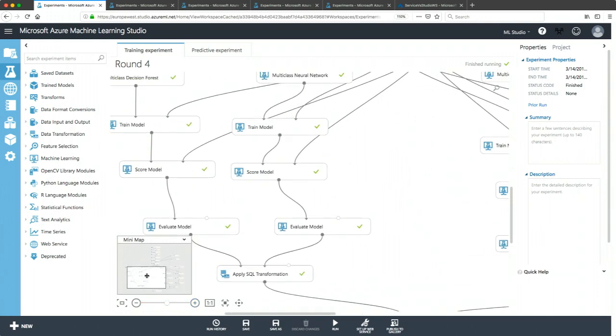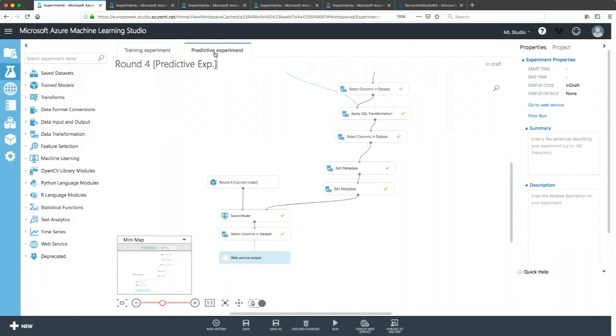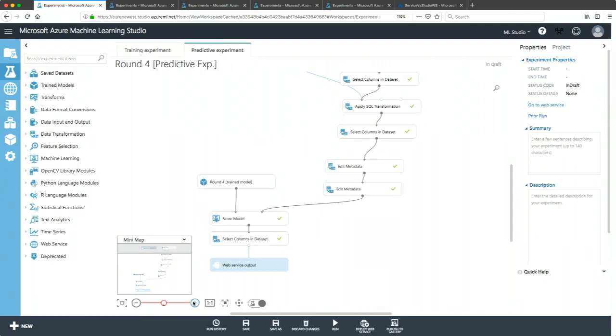So for example, all I need to do in order to deploy a service based on this experiment is select a certain train model module and then set up a web service. By choosing this option, it will create a web service dedicated for that particular model that is being trained. And we can see the predictive experiment that came out of this.